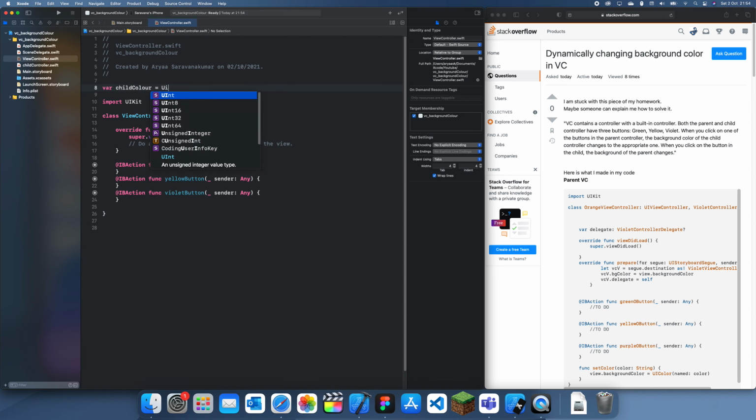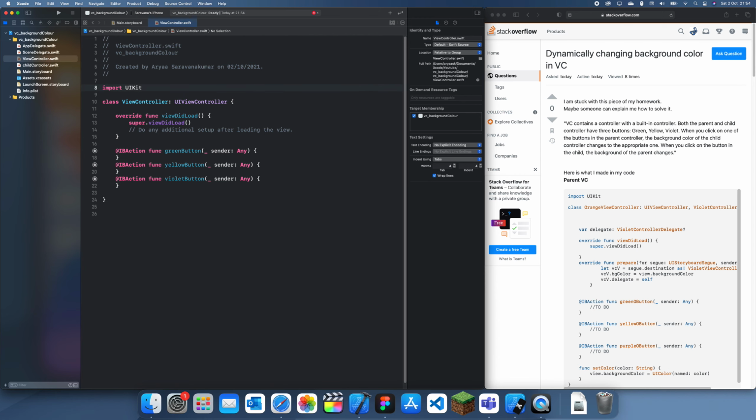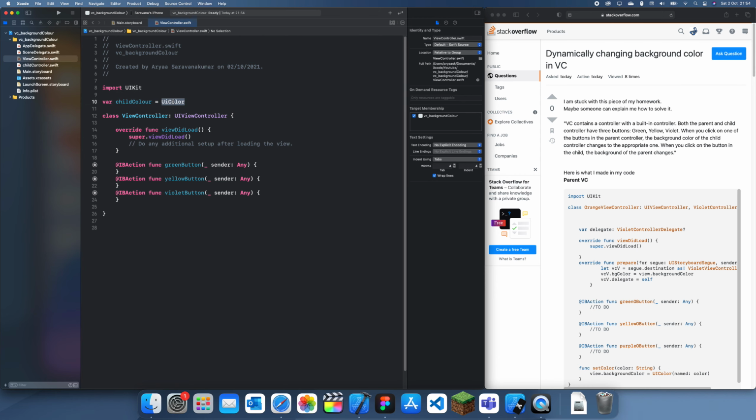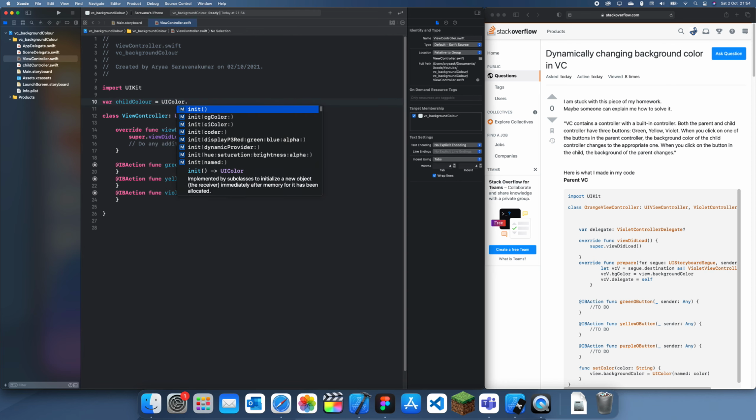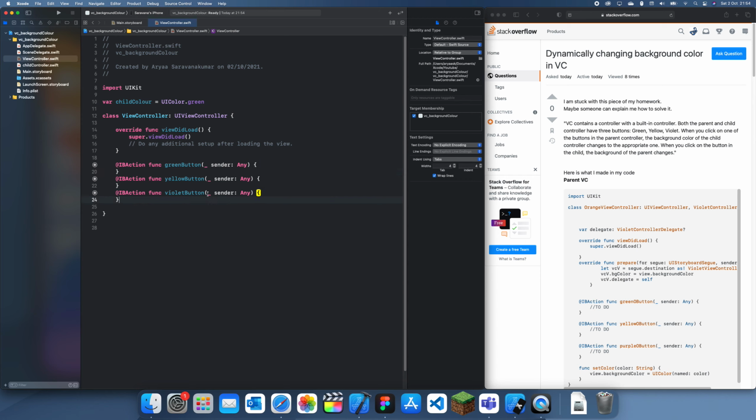Can I not do UIColor? What's wrong? Why can't I do UIColor? Oh, maybe it's because it's underneath import UIKit. UIColor. There we go. UIColor.green,